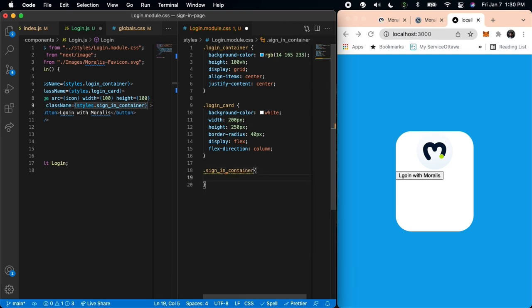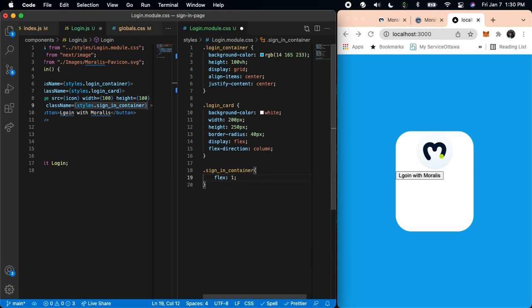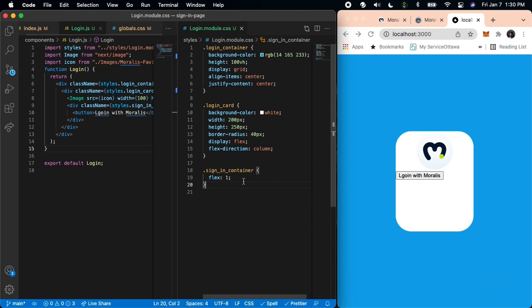There we go. Okay. In here, I want to say, give me a flex of 1. A flex of 1 basically tells Flexbox, take as much space as I possibly can. So by doing this, this is going to take all of this bottom space. Then from there, let's save this just to show what I mean. It makes no change for now, but now that it takes up as much space as it possibly can,